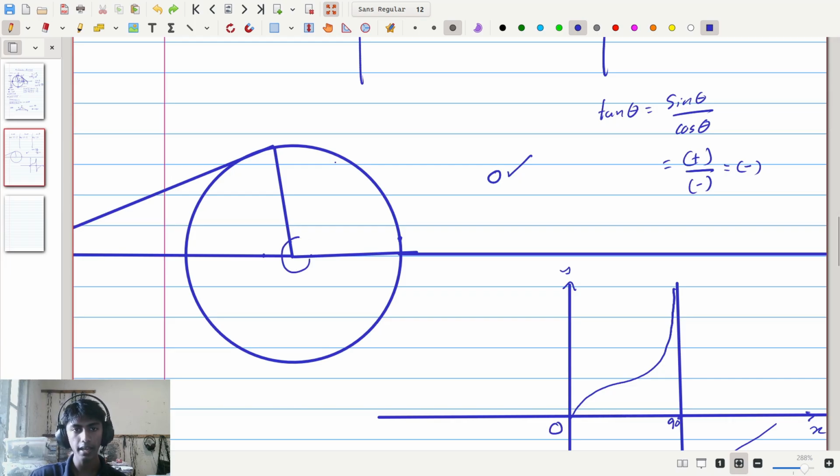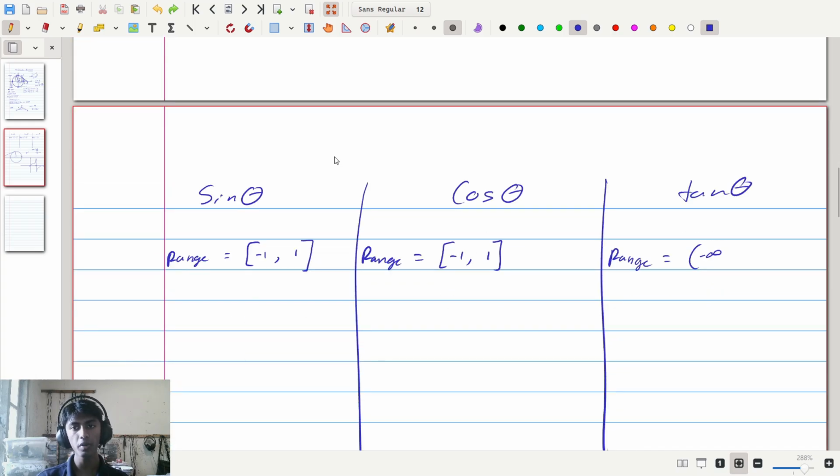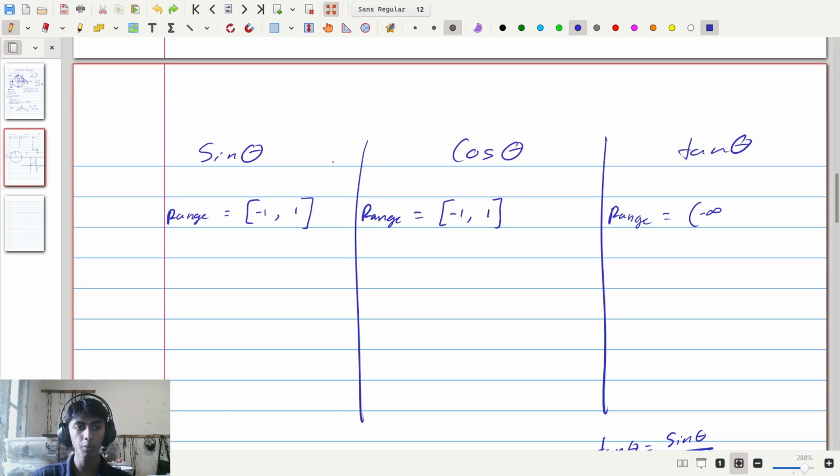Remember, angle is simply how much you have to rotate in order to get to looking in a certain direction from a certain different direction. Starting from this direction, in order to look in this direction, there are many different ways that you could do it. So here, the angle theta that we input into sine, cosine and tangent could be any real number. It could be any negative number, any positive number, anything as big or small as needed. So, the domain of sine theta is the real numbers. The domain of cosine theta is the real numbers. And the domain